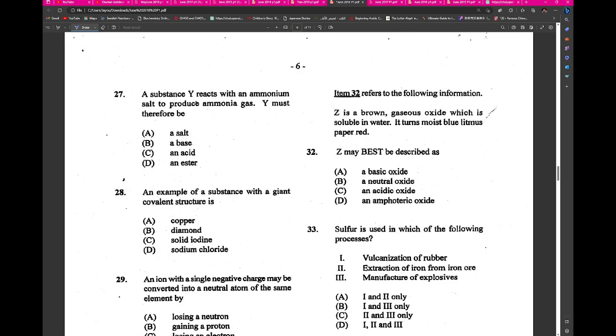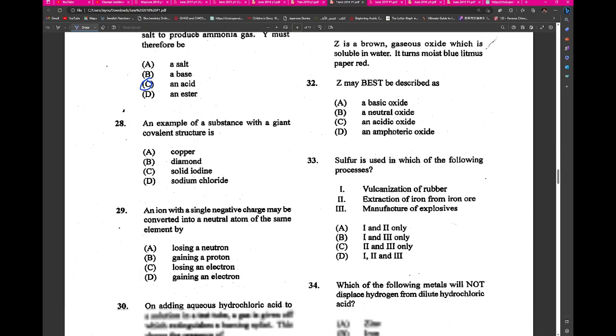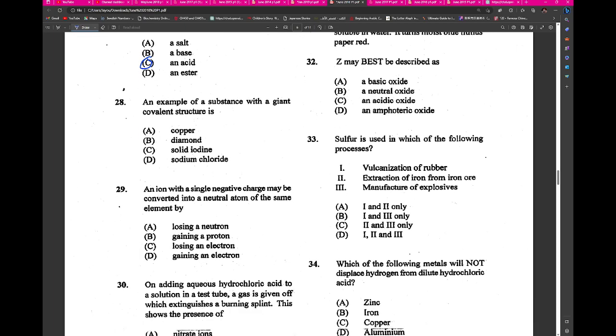A substance Y reacts with an ammonium salt to produce ammonia gas. Y must be an acid. An example of a substance with a giant covalent structure would be diamond. An ion with a single negative charge may be converted to a neutral charge by the same element by